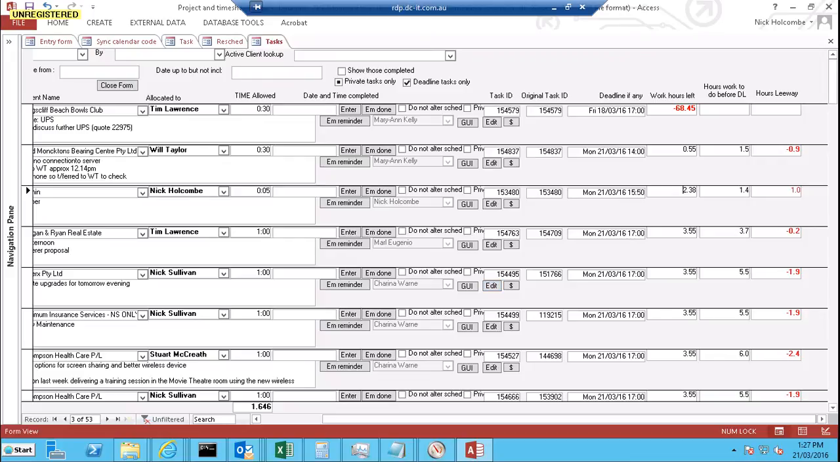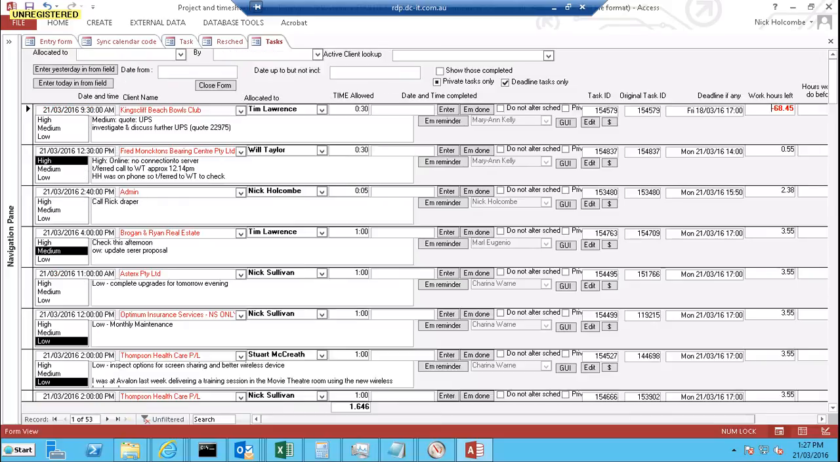But the most likely field that will be used is the work hours left, which indicates how long before the deadline will be passed. To find out those tasks which haven't been signed off, untick the Deadline Tasks Only flag,